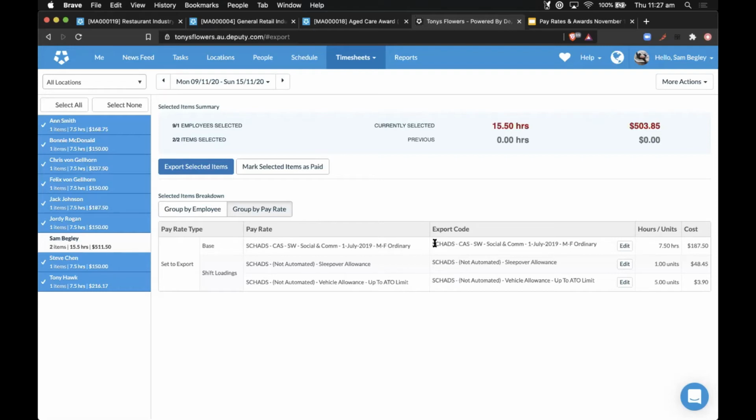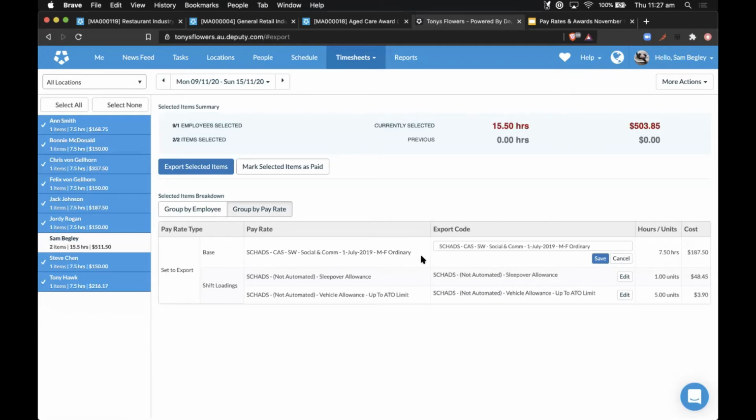However, if your payroll provider requires you to change the export code to be either a different name, or in the case of MYOB, for example, less than 31 characters, what you can do is hit this edit button here, and then you can get rid of any of the information in there that is redundant to the payroll platform.